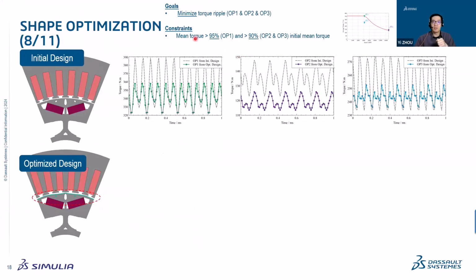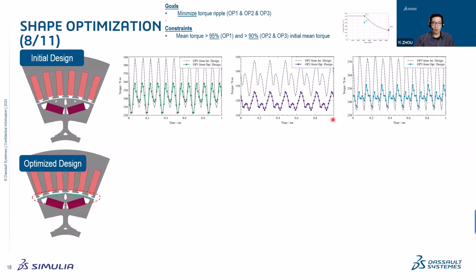We try to maintain the mean torque, and we can first see that the oscillation from each operating point is smaller. The gray dashed line is our reference from the initial design, and the colored one is from the optimized design. So the oscillation is for sure reduced. For this one and for this one, the mean torque is somehow maintained, but not for this one,